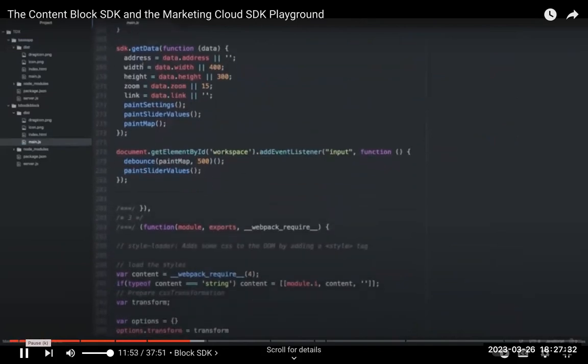And then when the block opens up, so when the editor decides that your block is needed and iframes it inside the left side, it does a get data. So it gets the data of the block. If there is no data yet, it gets nothing and it knows it's a new block. If there is data already, it knows there's a block already saved in there. So it sets the address, the width and height of the image, the zoom level and the link for it,